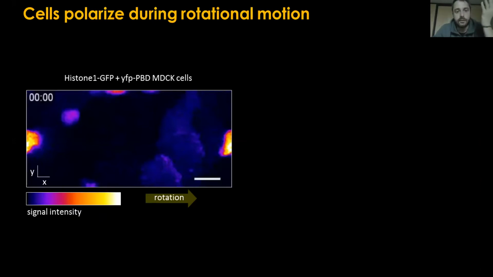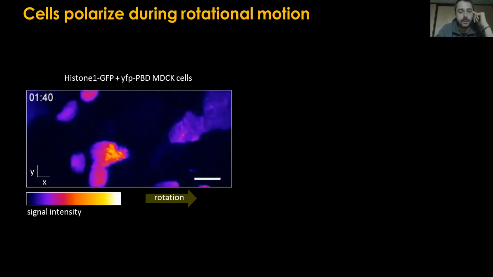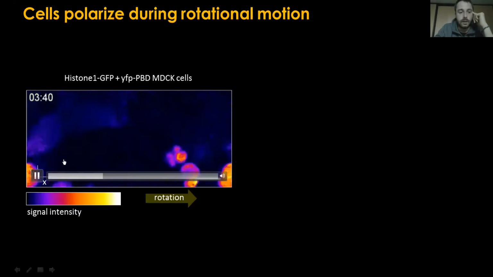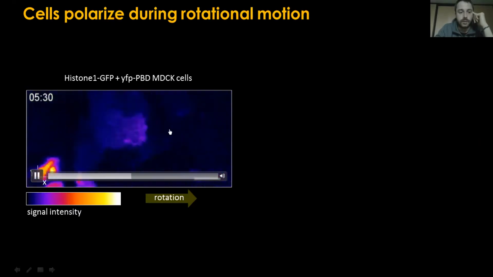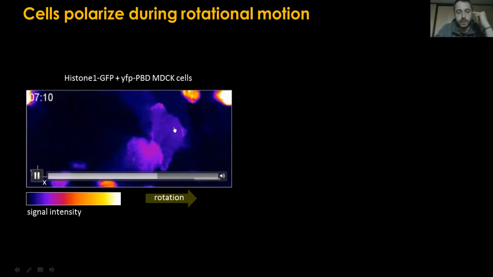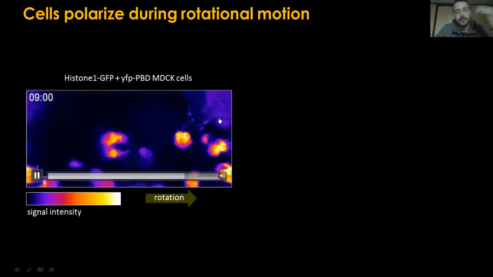First, we wanted to check if during this rotation the cells actively migrate, if they're polarized. And so we did an experiment using histone 1 GFP cells mixed with YFP PBD cells, where we can see the fluorescence of active Rac, which localizes at the lamellipodia of the cell during migration. And as you can see here in this fire staining, as the cells migrate, they really are polarized. So you can see these cells here, and they rotate towards the right. Again, this is an open tube conformation, and we can clearly see the polarity of the cells as they move